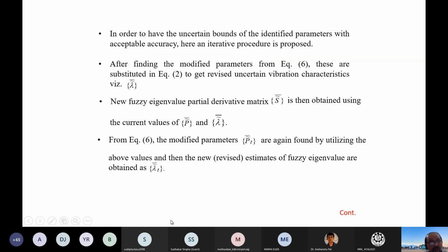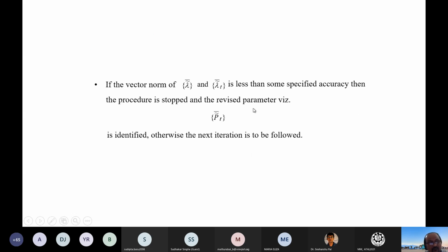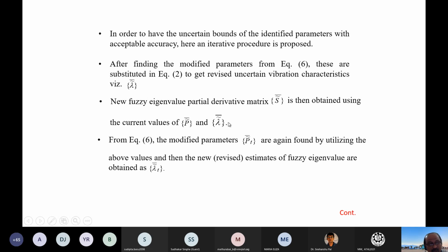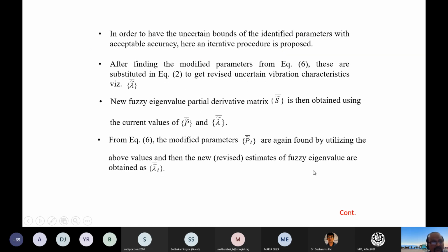Using this, we all know p tilde cap, q tilde, delta lambda, all using your previous values and current eigenvalues. So using all this, we will have the iterative methods. Means from here we can iterate. Suppose you assume some value of this parameter and iterate till this equation 4 is accepted. Accepted means with some accuracy. So that I have written here.